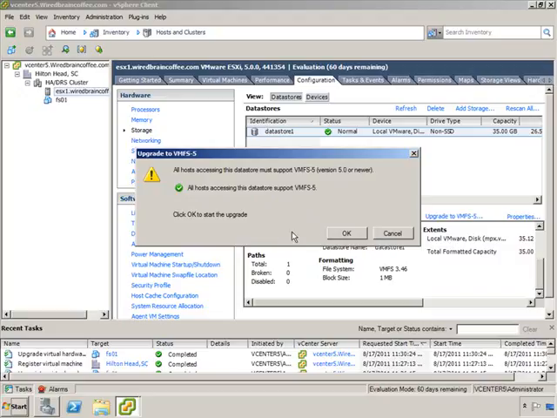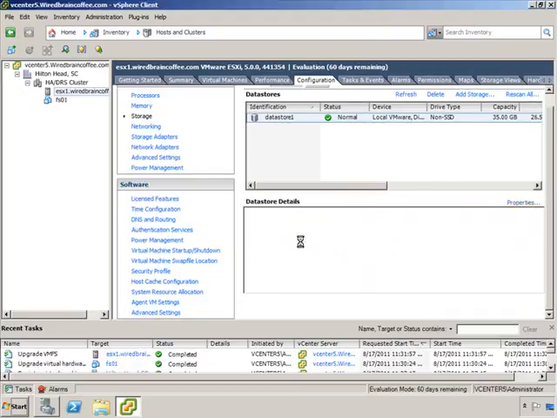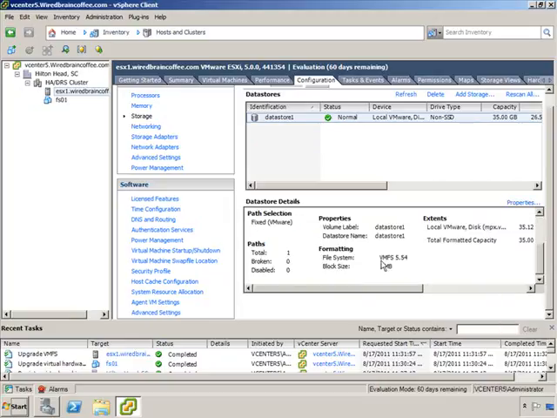It's going to do a quick check. We're going to click on OK. And there you have it. It is now upgraded to version